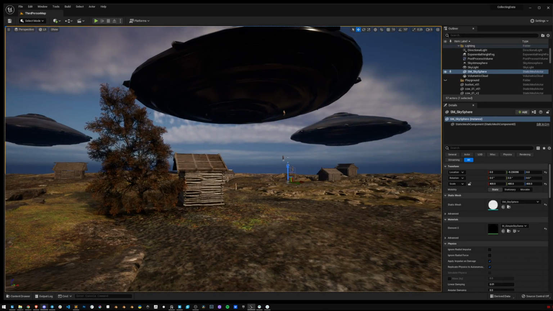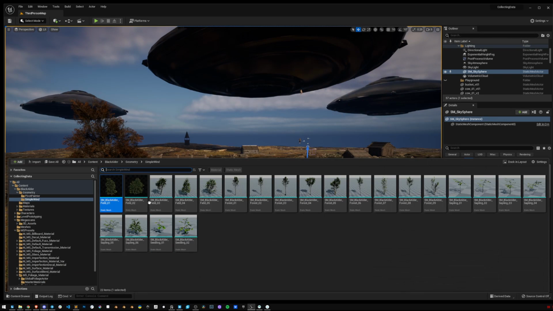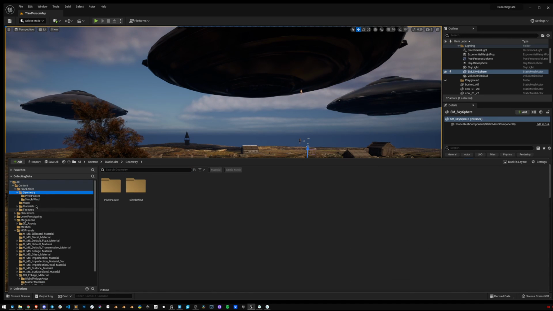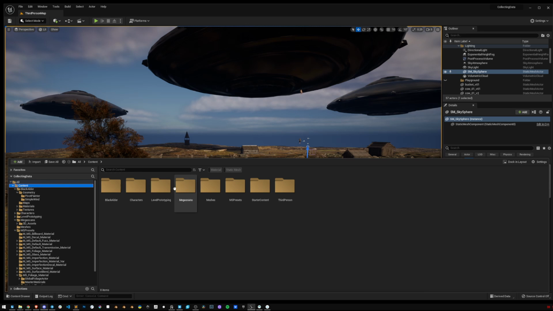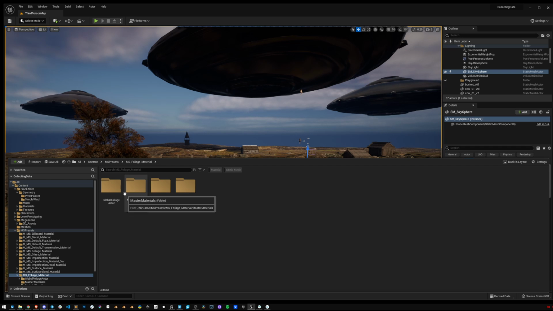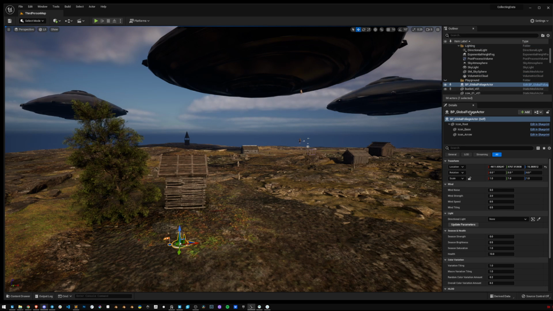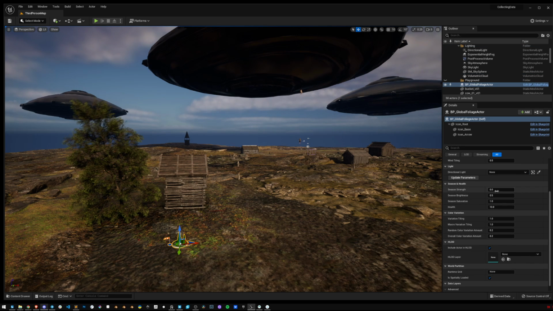It really looks great. Now to change some of these settings, what you need to do is go back into Content Drawer, back up to the main directory, go to Megascans Presets, and then the Megascans Foliage Material, Global Foliage Actor, BP Global Foliage Actor, drag that out into the scene. And then when you click it, over here you'll have the settings again. So we can change the seasons, health,